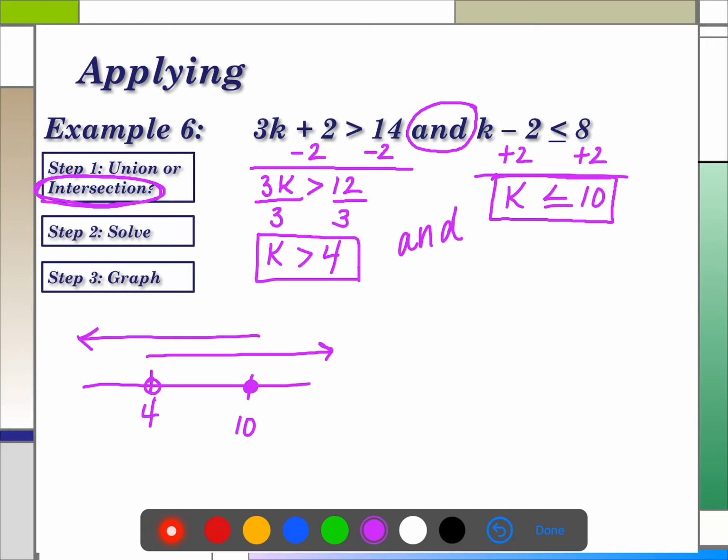So now I have to think, what kind of shading do I use for an intersection? An intersection, you shade where the arrows overlap. So where does this problem overlap? Here in the middle. Okay, when your shading overlaps in the middle, you want to write your final answer like